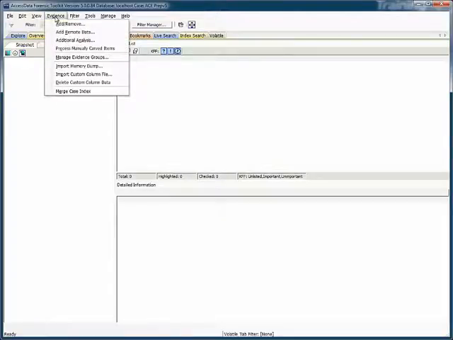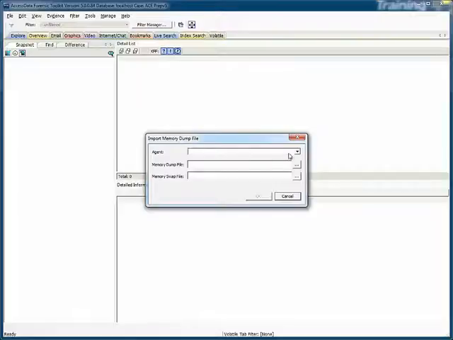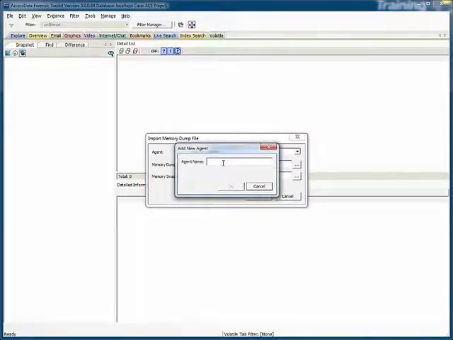Evidence, Import Memory Dump, and I have to supply an agent name just to satisfy the tool basically, so I'll just call mine, let's say ACE Prep,